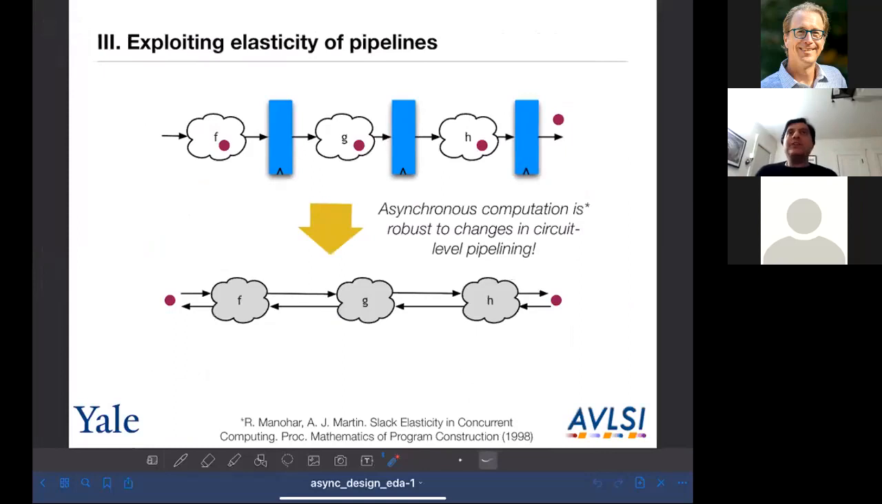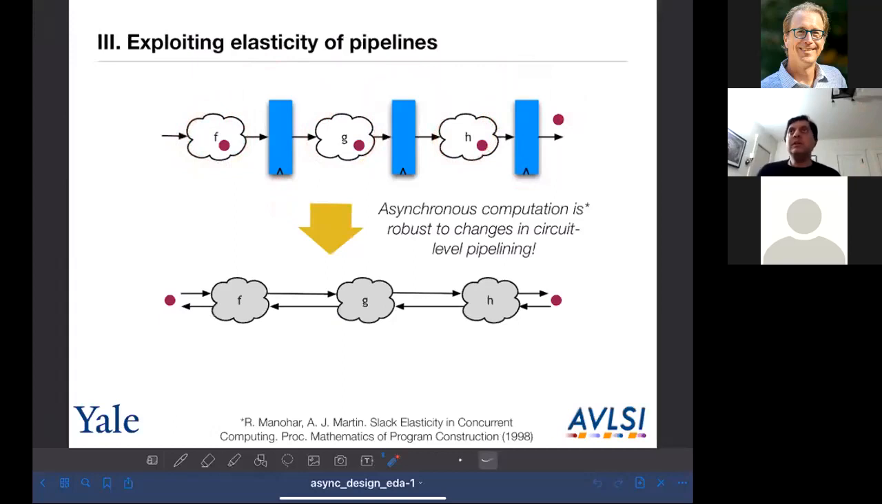The third category of reasons people look at asynchronous design is what I'll call exploiting the elasticity of pipelines. So what do I mean by this? If I have a traditional clocked pipeline, when the clock shows up, you're doing some computation in these 3 different pieces of combinational logic, and the data from one moves to the next, and so on and so forth, right? This is a pretty standard